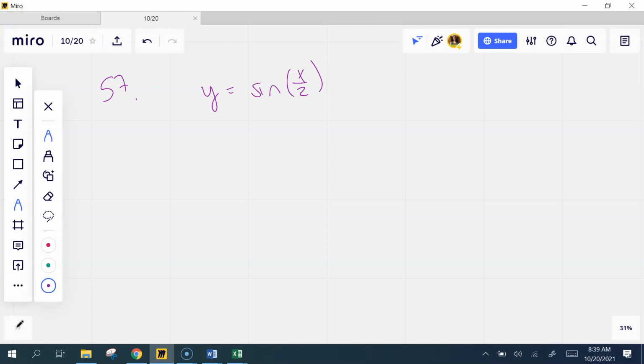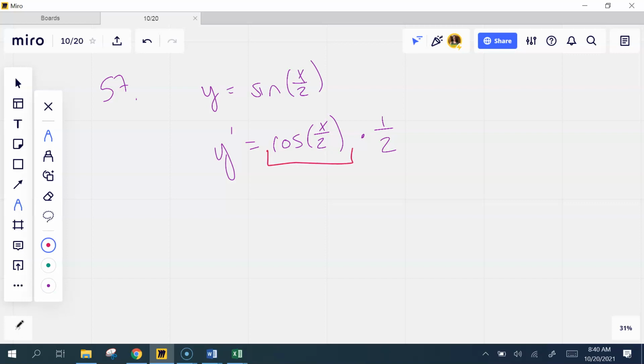What is the largest possible value for the slope of the curve? So slope of the curve is derivative, yes? What's the derivative of sine? Cosine. Do I need to do chain rule here? Yes. What is the derivative of x over 2? It would just be 1/2. So now my question, if I want to know the biggest value that this can ever have, well, what's